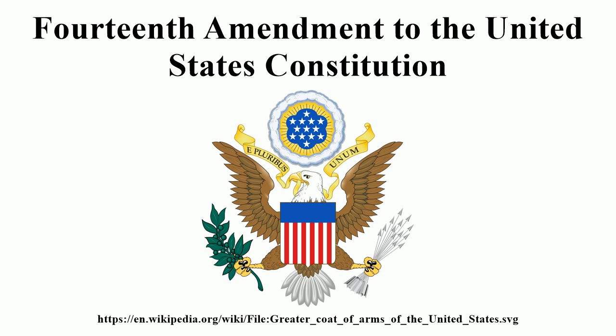Section 2. Representatives shall be apportioned among the several states according to their respective numbers, counting the whole number of persons in each state, excluding Indians not taxed. But where the right to vote at any election for the choice of electors for President and Vice President of the United States, representatives in Congress, the executive and judicial officers of a state, or the members of the legislature thereof, is denied to any of the male inhabitants of such state,